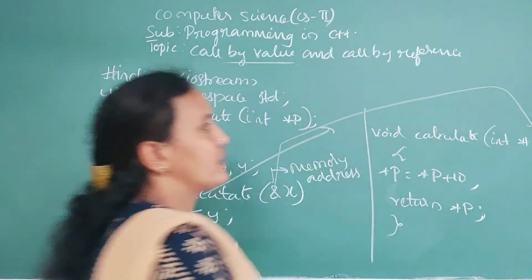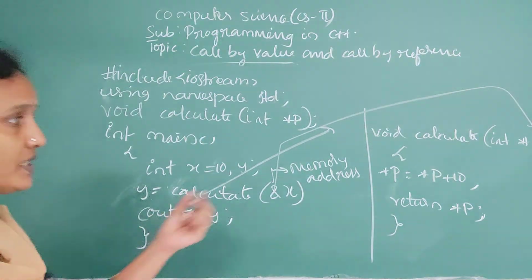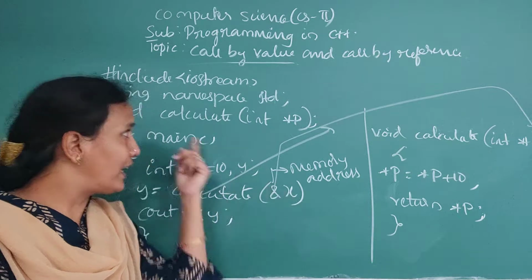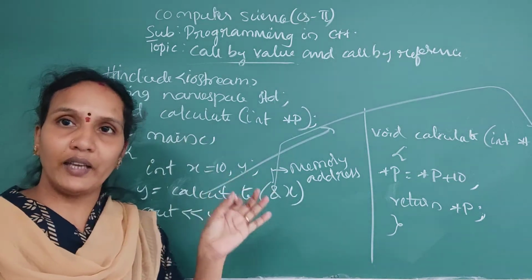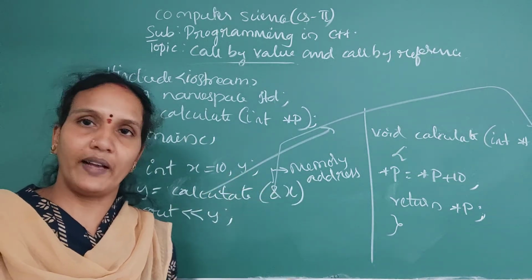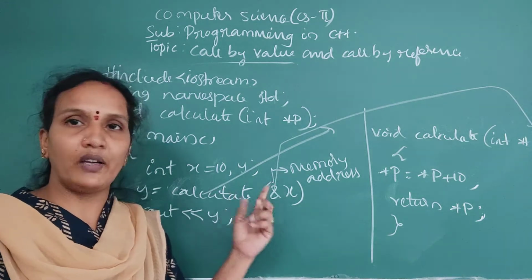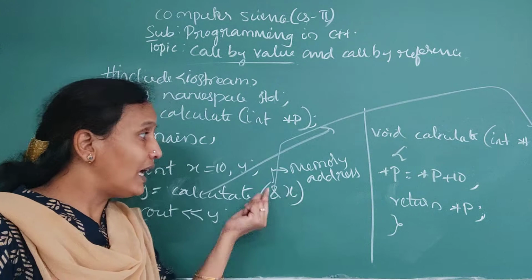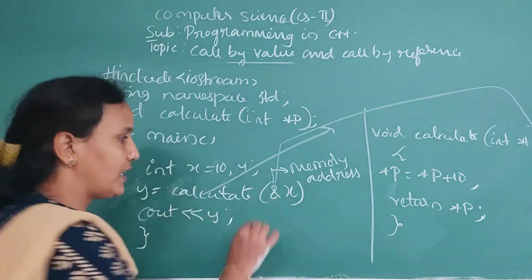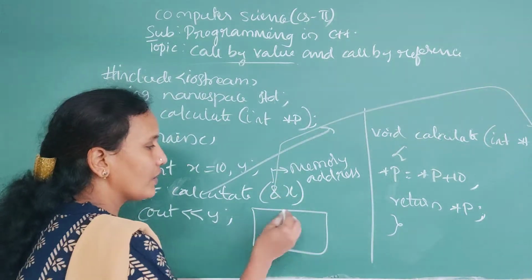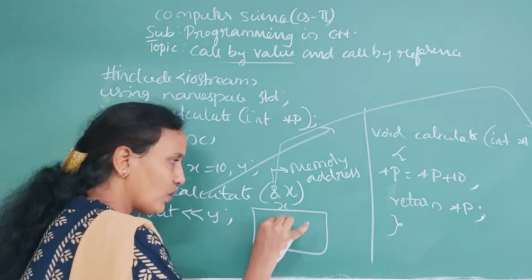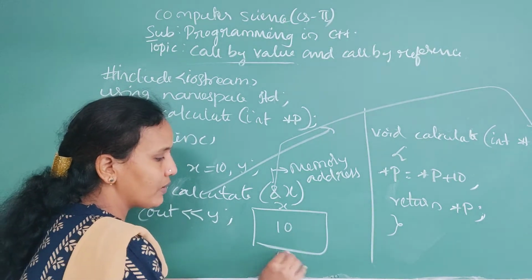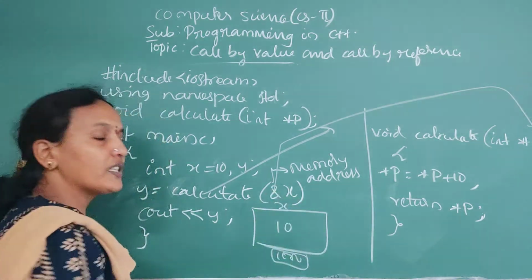This is call by reference. Here only one point you need to remember: directly x I am not giving. If I give x, that is call by value, where whatever value is in x is supplied to the user defined function. Here what am I giving? Ampersand x. See the example: x, and in that x, what is the value? Check. Ampersand x means our address is there, no? This is called a memory address.